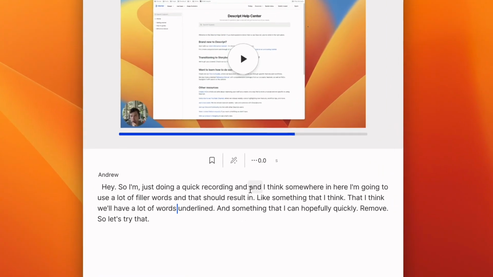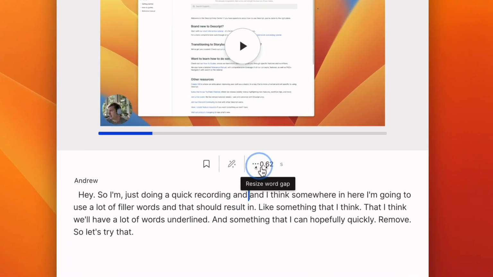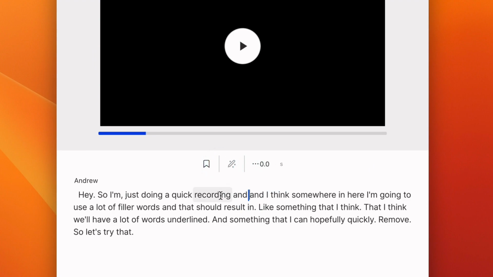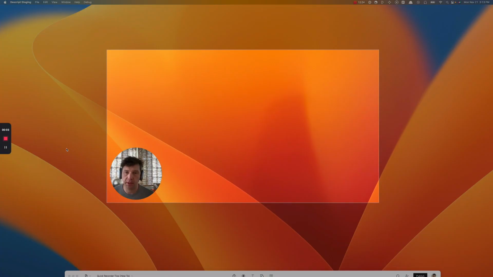And by the way, you can also edit out gaps here. Just click between the words, and then this shows you the size of the word gap, which you can quickly edit out. So the way that I use the Quick Editor, like 80% of the stuff I record, it's like